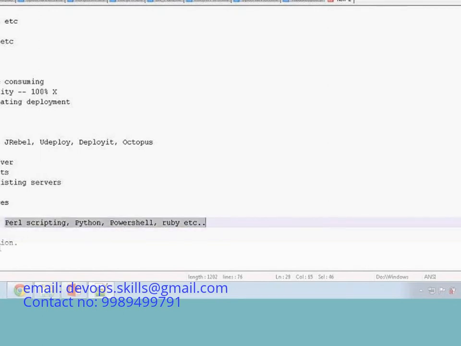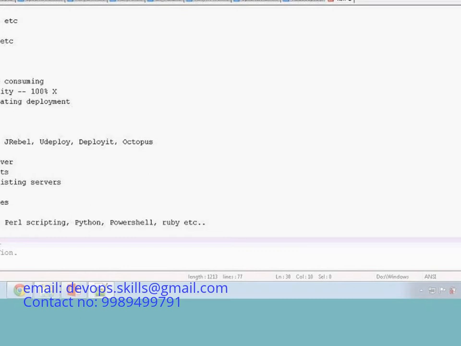If you know any other scripting apart from shell scripting, that is an advantage for you. You should also know the operating system; that's mandatory. Learning Linux or Unix scripting is difficult, so as part of this training we are going to cover the Linux operating system. First we start with Linux; I'll walk you through all the commands and make you as comfortable as you are with Windows. Once Linux and shell scripting are done,